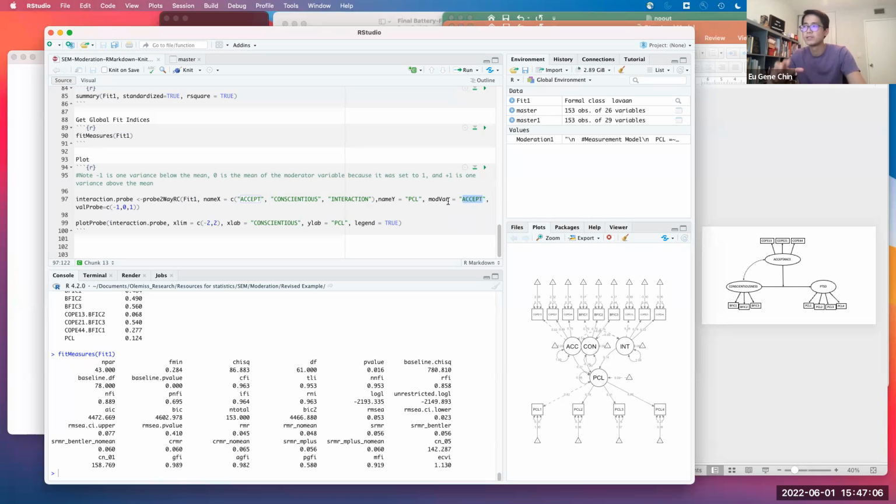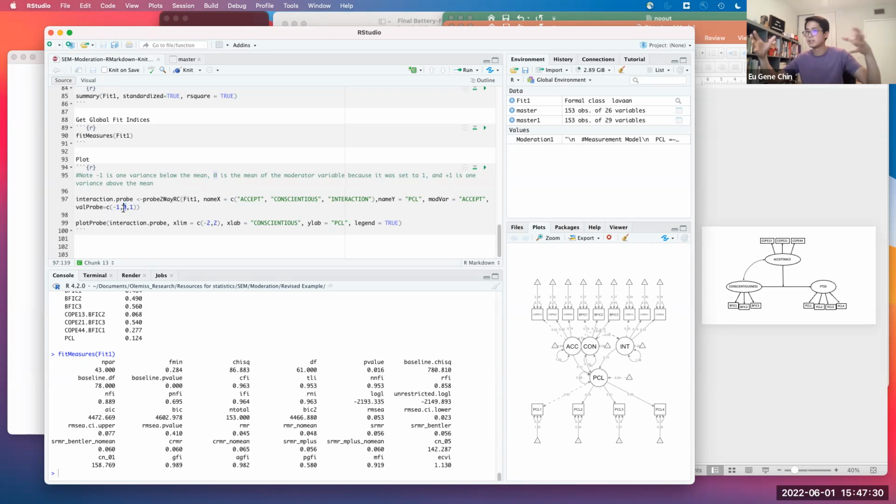It would make sense for us to think more about modulating a coping skill. And then we're going to probe this at the values of acceptance at -1, 0, and 1. Now remember, by default, lavaan is going to fix the mean of the latent variables at 0. So that's why we're asking for 0, because that's the center.